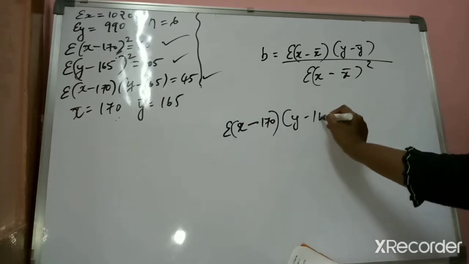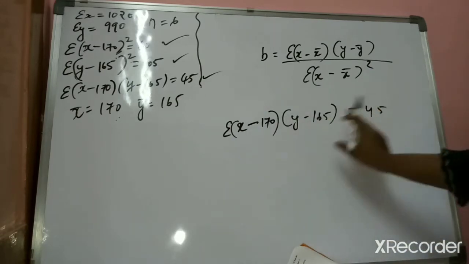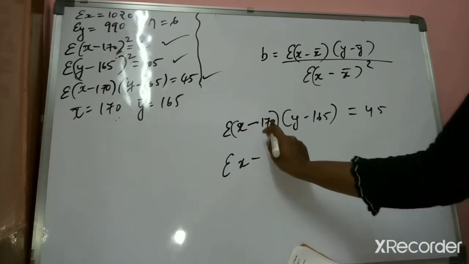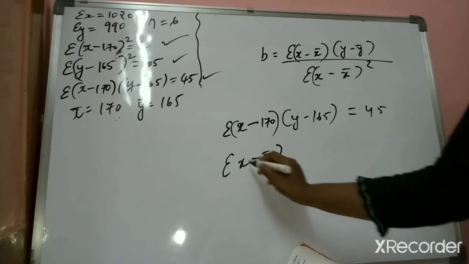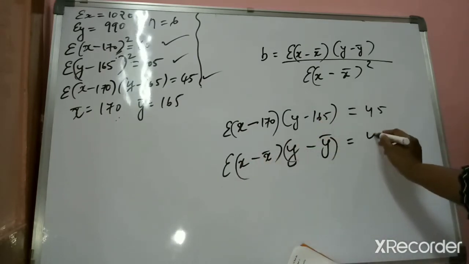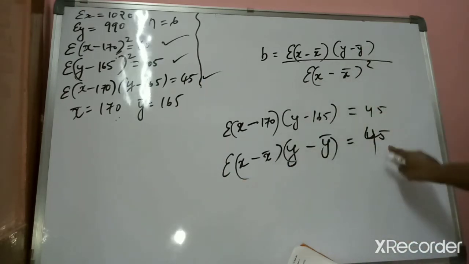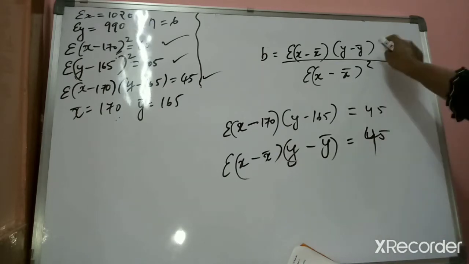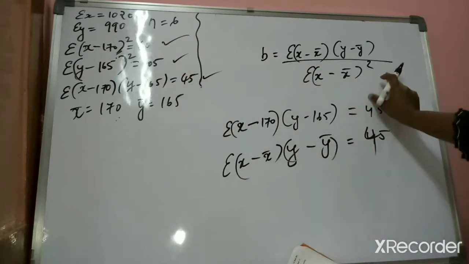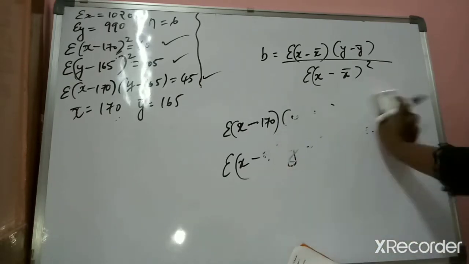And y minus 165 that is given to you, the answer to this product, this multiplication, is 45, right? So again sigma x minus 170 is your x bar. Clear? And y minus 165 is your y bar. So the answer is like this. Clear? 45. So sigma x minus x bar into y minus y bar, your answer is 45. Clear? For this I have explained to you how to find it out. Clear? Now this is your 60. Clear with this?